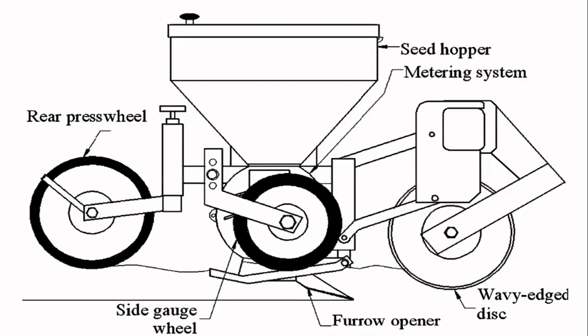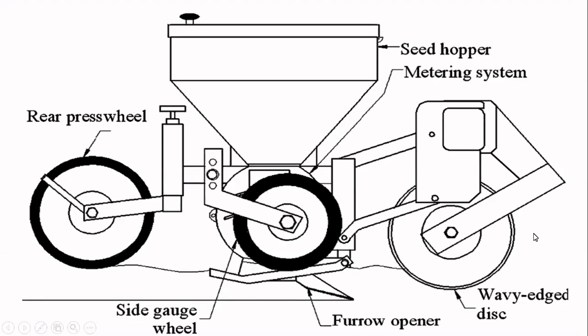Oh, very nice. You see, I told you, furrow opener. You see, AV design disc. You see, rear press wheel. I told you this wheel is pressing. This is the furrow opener. This is the mechanism of